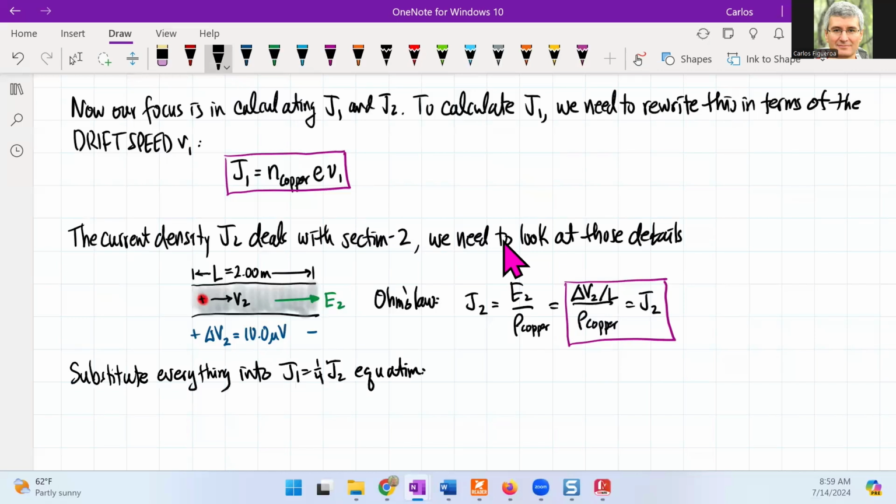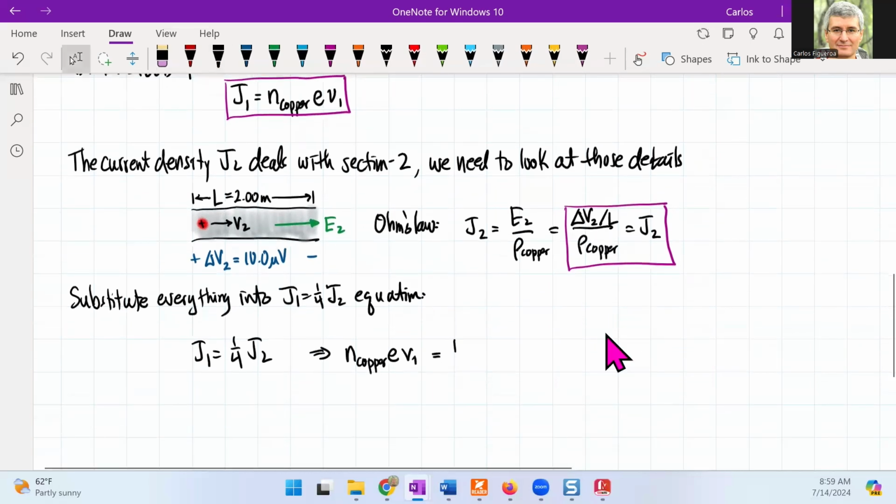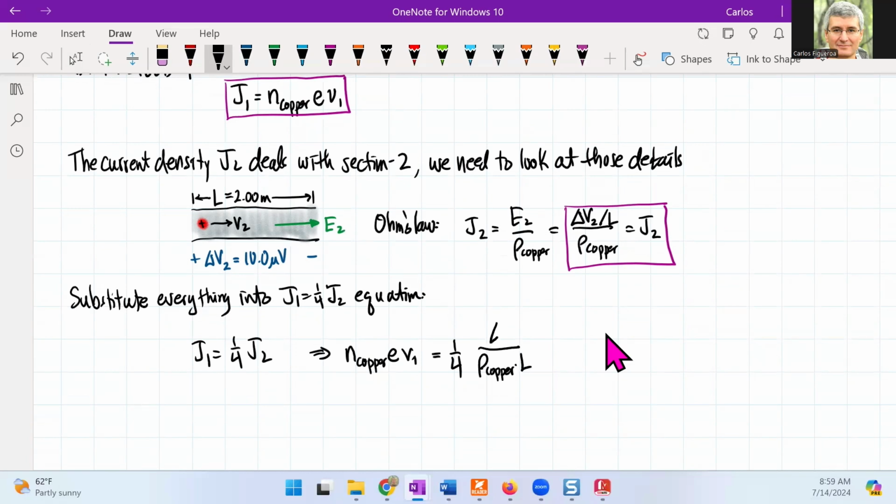So we have J1 equals 1/4 of J2, which says that I can replace J1 with n of copper times the charge of the electron times the drift speed right here. And then on the right-hand side, I'm going to get 1/4, and then the resistivity of copper times the voltage V2 divided by the length. So isolating V1,